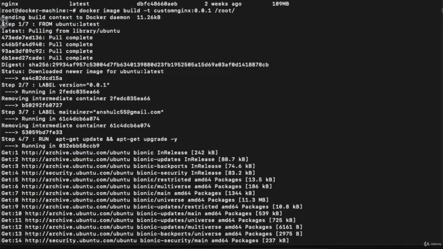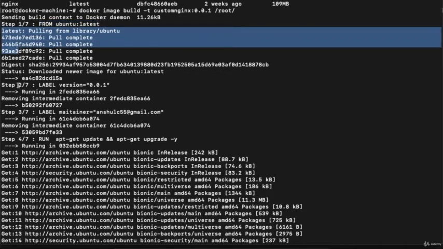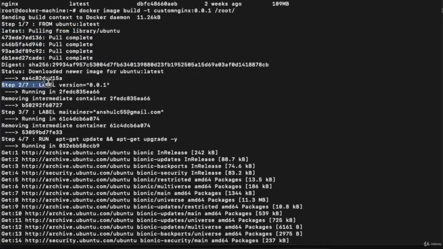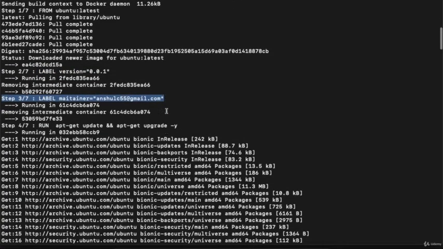So first it started from step 1. And what is step 1? Step 1 is FROM ubuntu:latest. It downloaded the latest image of Ubuntu. Then it started step 2 over here and it defined the version. Then in step 3, it defined the maintainer of that particular image, right?